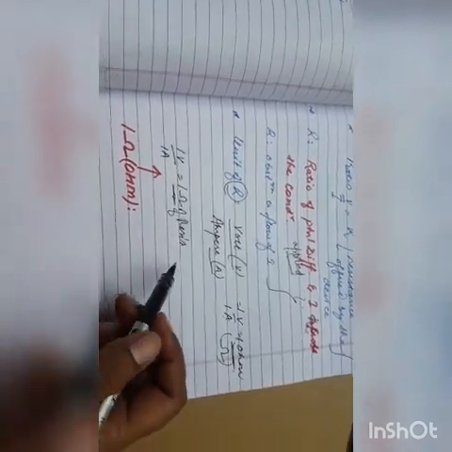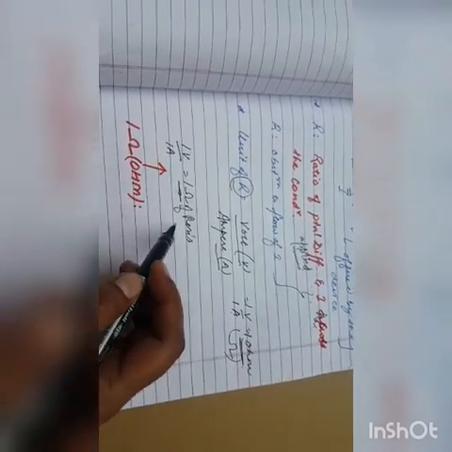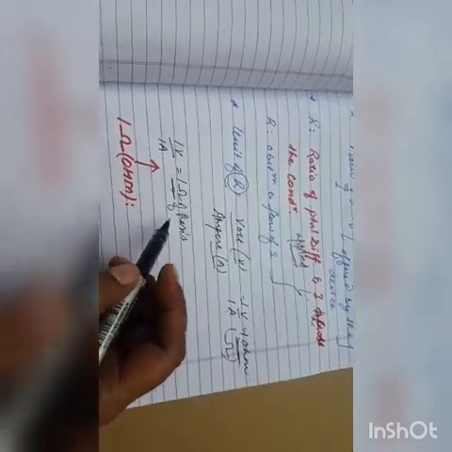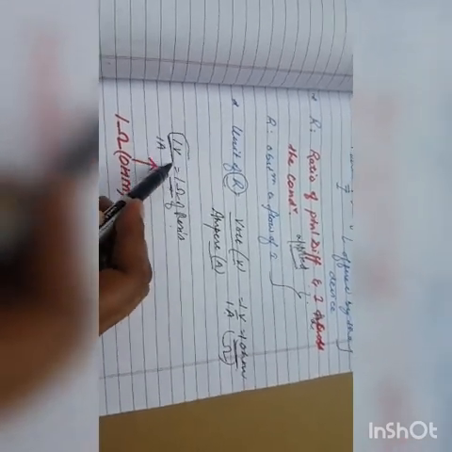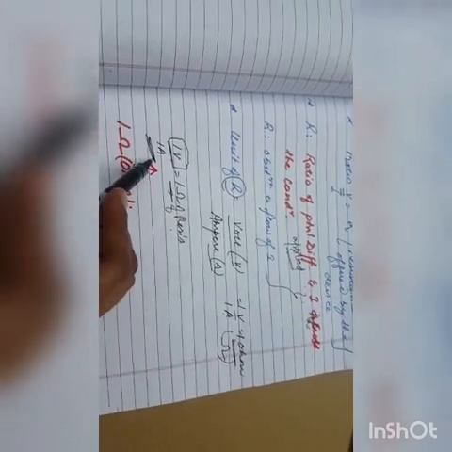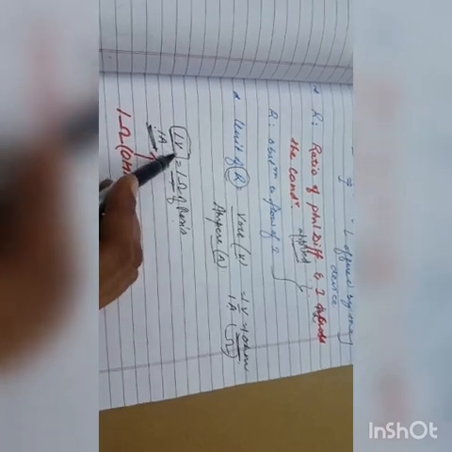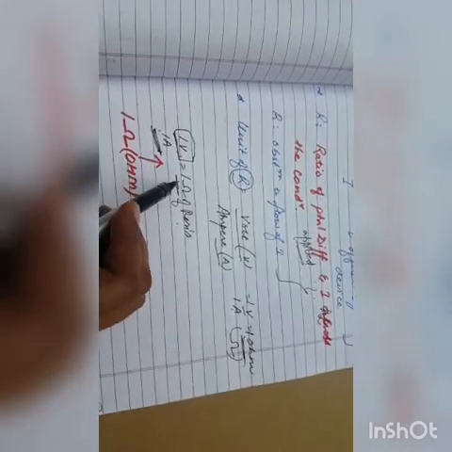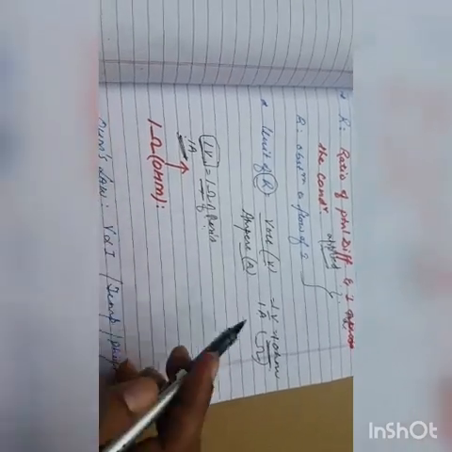So resistance offered by any device is said to be 1 ohm. किसी भी device के through resistance 1 ohm का offer कब होगा? जब आपने उस device को कितना potential apply करके दिया है 1 volt, और उसी device में से current कितना flow कर रहा है 1 ampere. 1 ampere is a very large amount of current and 1 volt is a very small amount of potential. So this is the definition of 1 ohm of resistance.